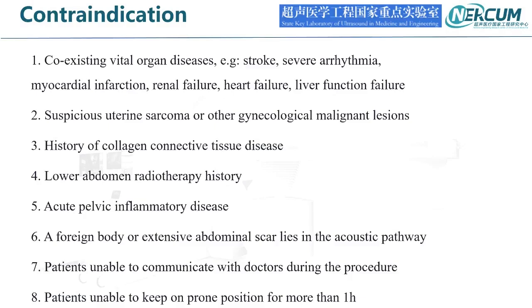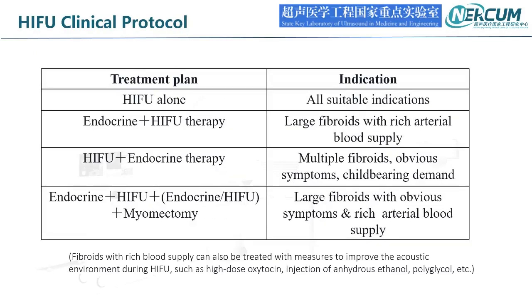For example, for some patients, if they use medication, they can also use the HIFU, and for myomas with rich blood supply, we can use concomitant treatment, combining HIFU and other